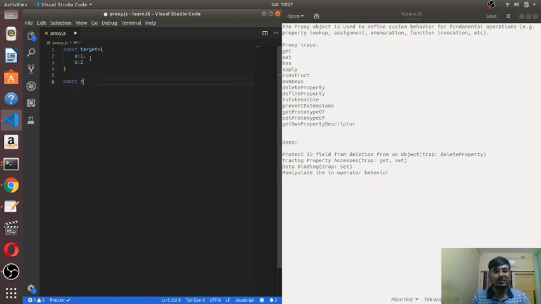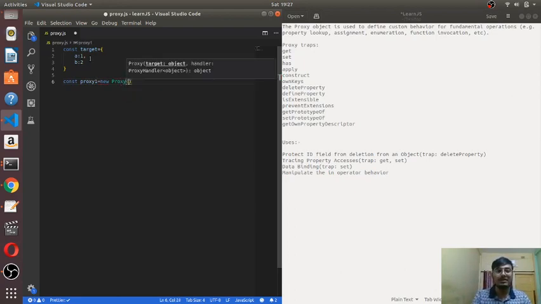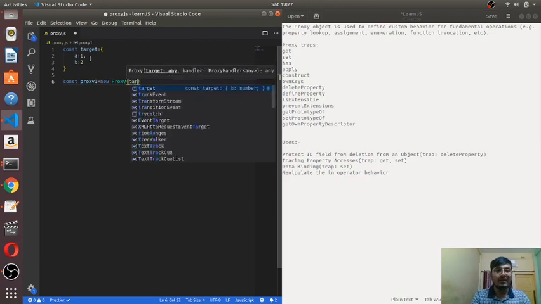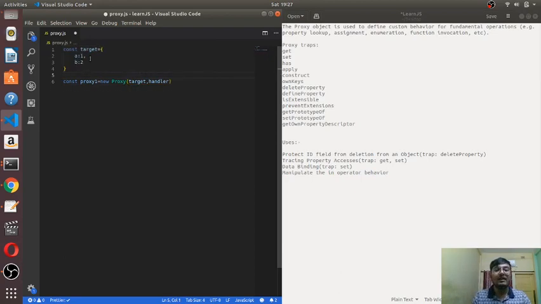So how do I first define a proxy object? I write down const proxy1 equal to new Proxy. It will come here as well in the suggestions. What is the target and a handler? Till now we have defined the target. Let us first define the handler as an empty object. Basically, since the handler is an empty object, it means no change of behavior is happening on the target, because we have defined nothing in it. So there will be no change in the behavior of that object.